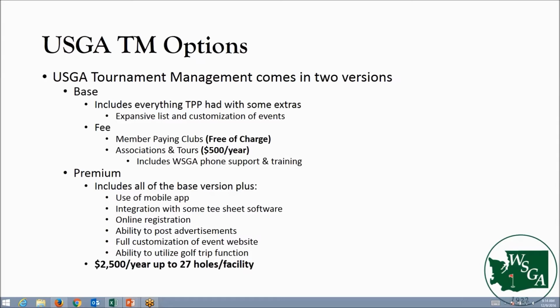Also, every event that you create in the new tournament management software comes with its own customized event website with its own URL. While you get that with the base, with the premium you can customize that website however you see fit, so it takes it to another level. And then there is also a golf trip function, for when you take a bunch of people to Bandon, for example. There's added functionality with the premium that allows you to manage your golf trips a lot